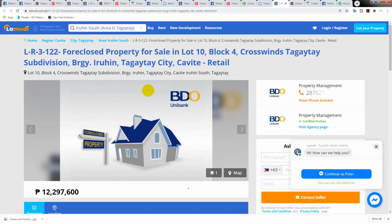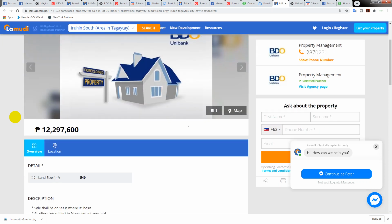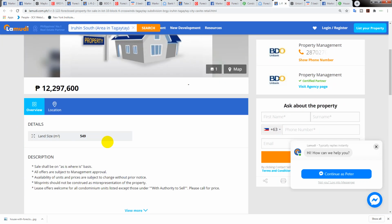Like I said, there's some really good bargains here. The next one is another Crosswinds. It says it's a house and lot. So it does say that there are improvements on this one, and it is a huge...